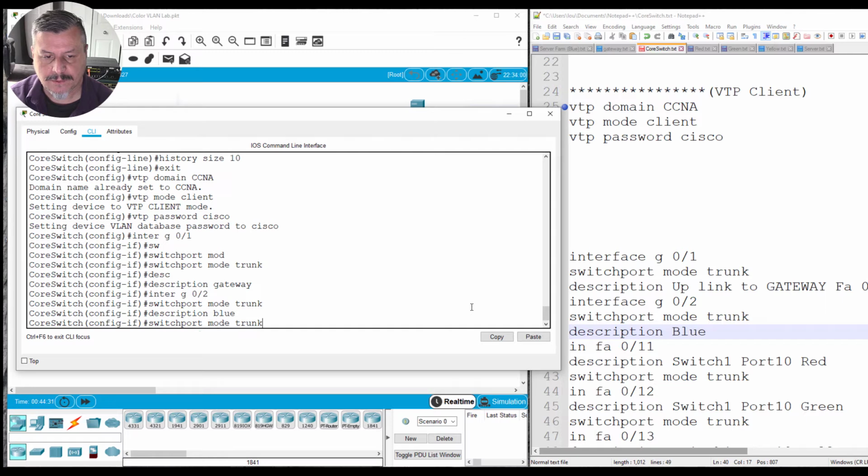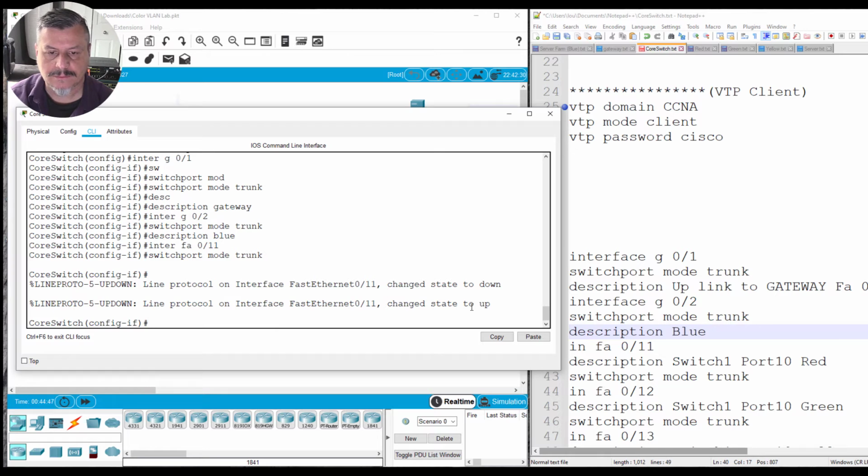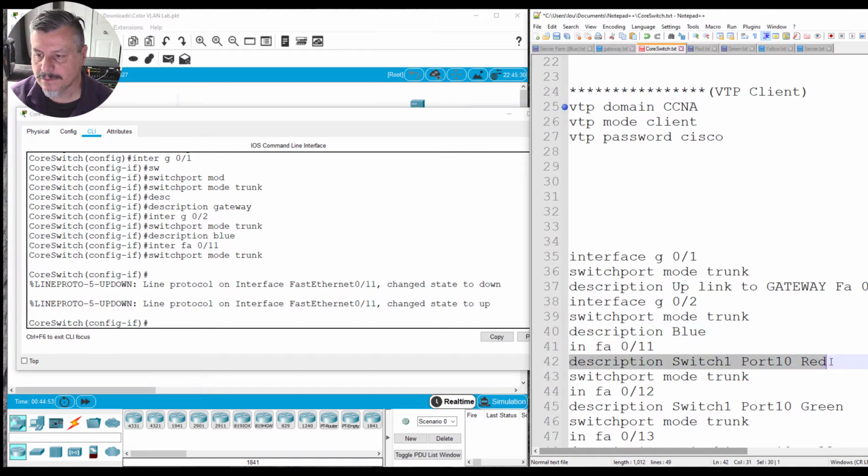And then we're going to go to interface FA, and we're going to start with 11, and that's going to be our trunk mode, and then that's going to be our description to red,